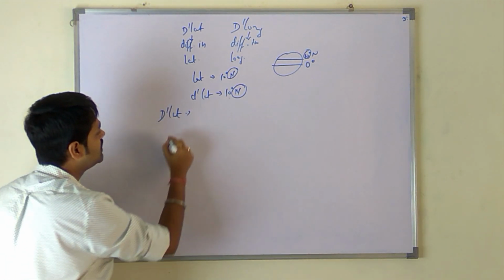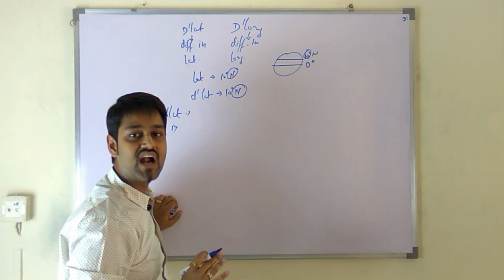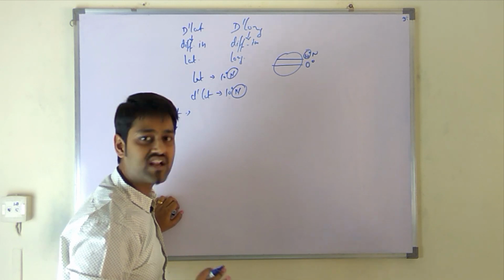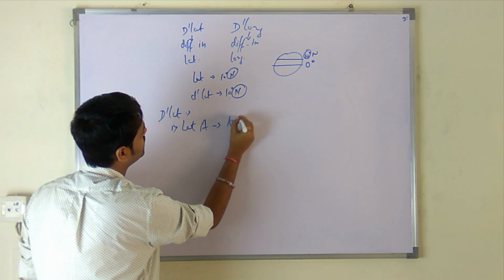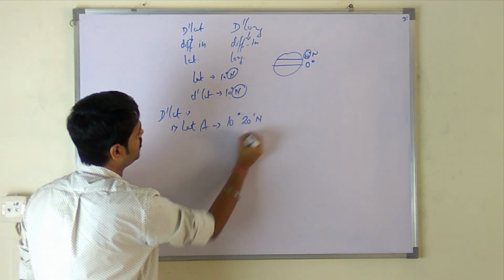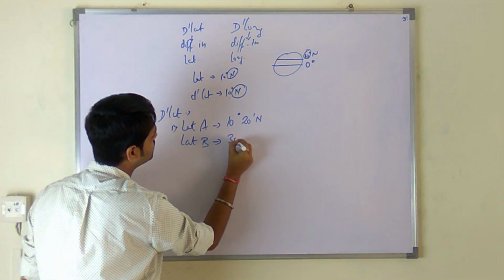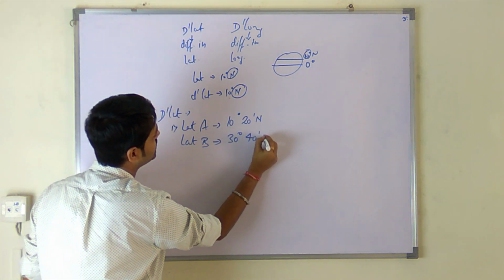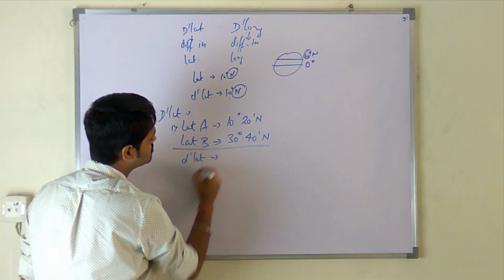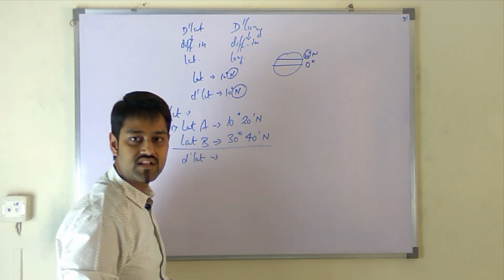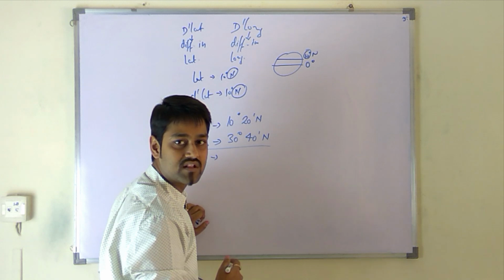Suppose when I write down latitude A, that simply means initial lat. When I write down latitude B, it simply means final latitude. Suppose my latitude A is 10 degrees 20 minutes north and my latitude B is 30 degrees 40 minutes north. Now you need to calculate DLAT for it. I would prefer we try to solve this by a figure because that helps us understand what is happening in this sum.